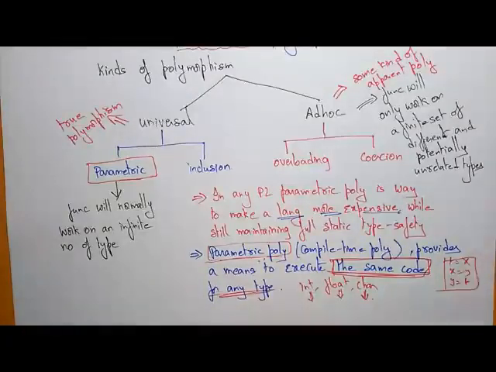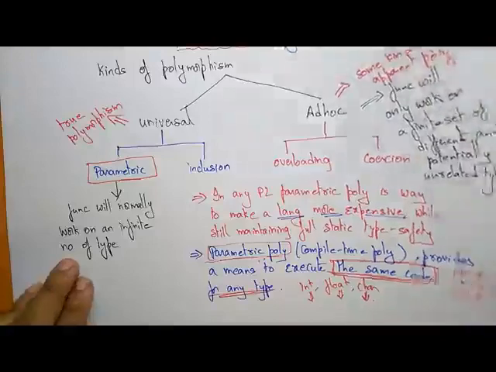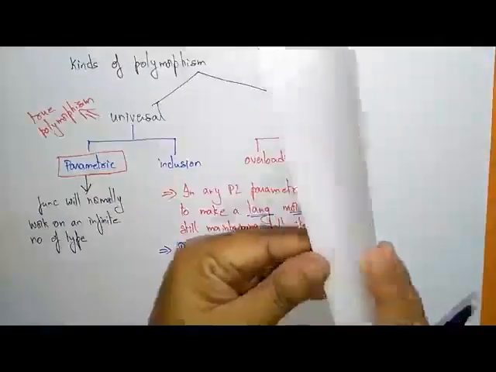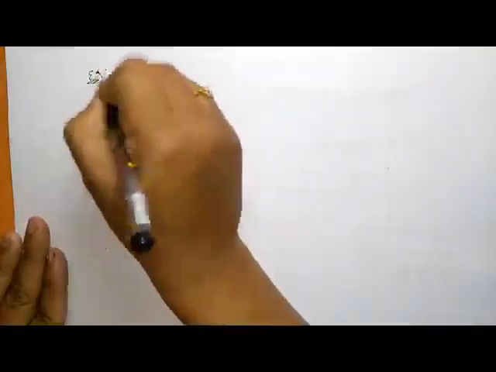I hope you understand what parametric polymorphism is. Let us see an example, then you can understand clearly. So let us take a generic maximum function that finds the maximum of two of its arguments. If you take two arguments, we have to find the maximum between those two arguments. So this is an example of parametric polymorphism.